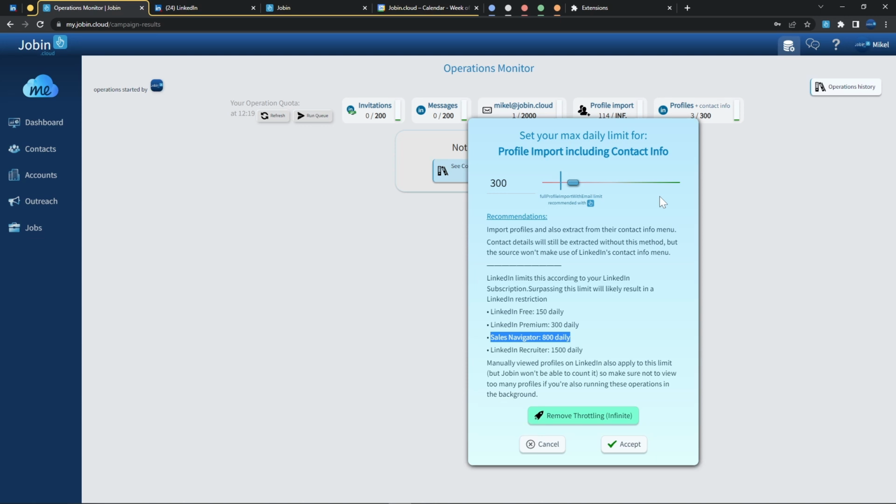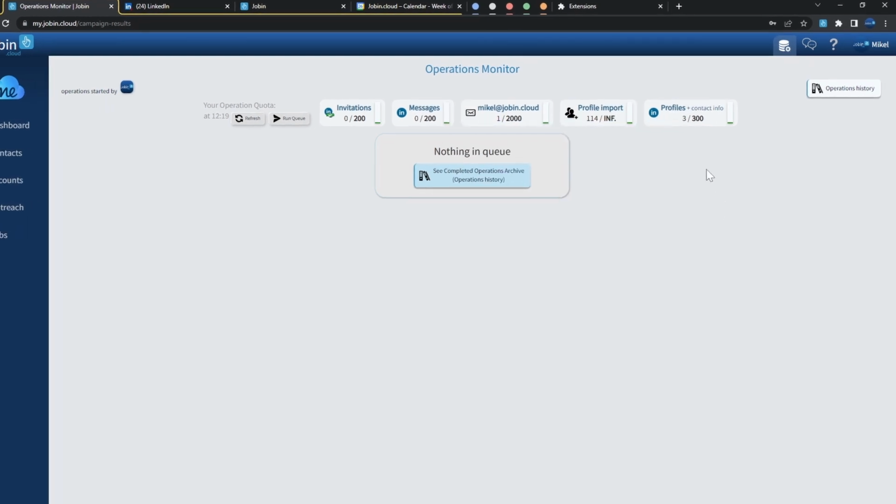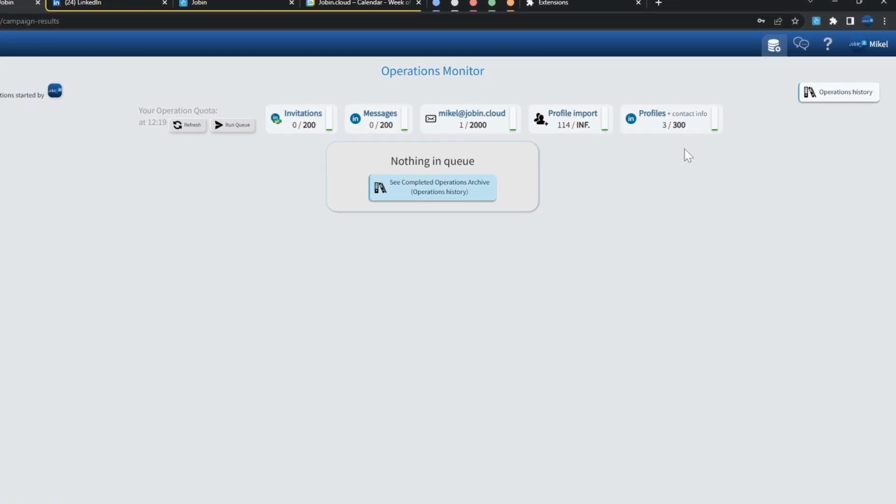And also, the contact info menu is only something that you'd want to import from if there is actual contact info, which you'd usually only have if you're importing first connections. So this isn't really a type of import you'd be running frequently. But the important thing to keep an eye out for is that these profile views are basically a shared pool,